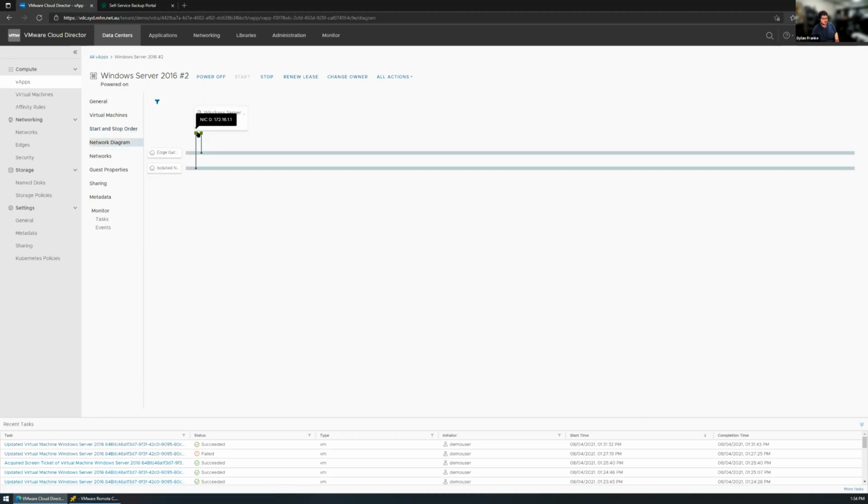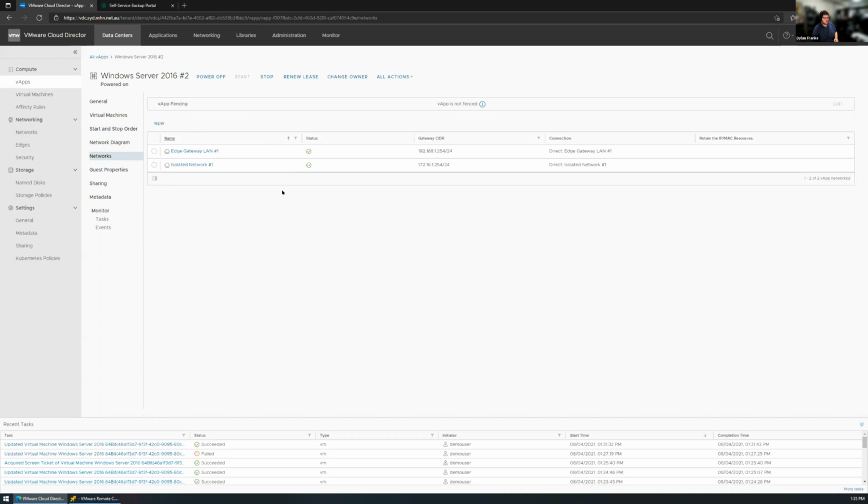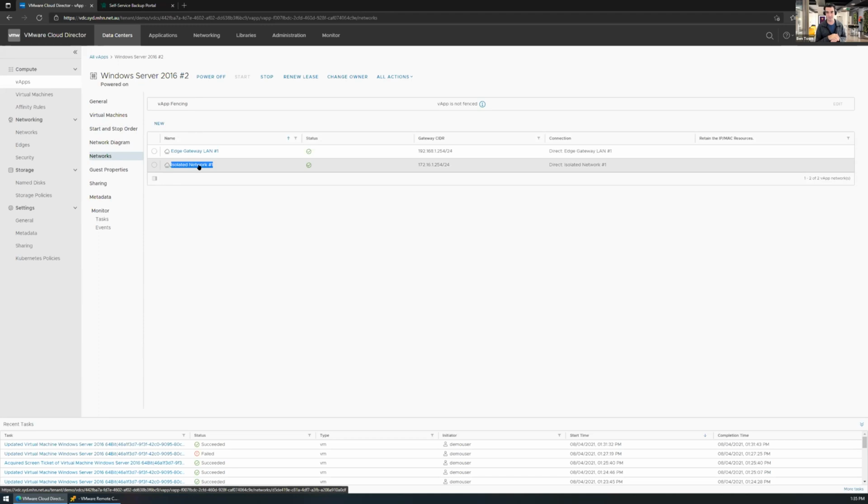It also gives you a little network diagram to show you what networks are connected where. This isn't a good example because there's only one VM in there, but we've got customers that have easily 60, 70 VMs in a VApp. And this definitely comes in handy because they can see all the customer VLANs. As I mentioned, you can also do isolated networks. So this one is isolated. It's not connected to a router or anything, but it is shared between two VApps. That way you can create a private link between two VApps that has no internet access. It allows no route. It's not a routed interface, effectively.